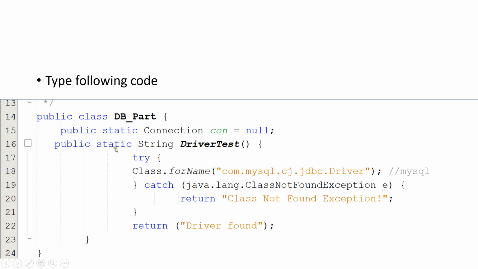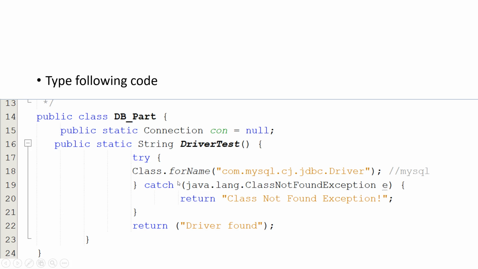So here I'm adding one method which is returning a string. If a suitable driver is found, then you're going to return the proper message. Suppose the driver is not added to the project, return some other suitable message.